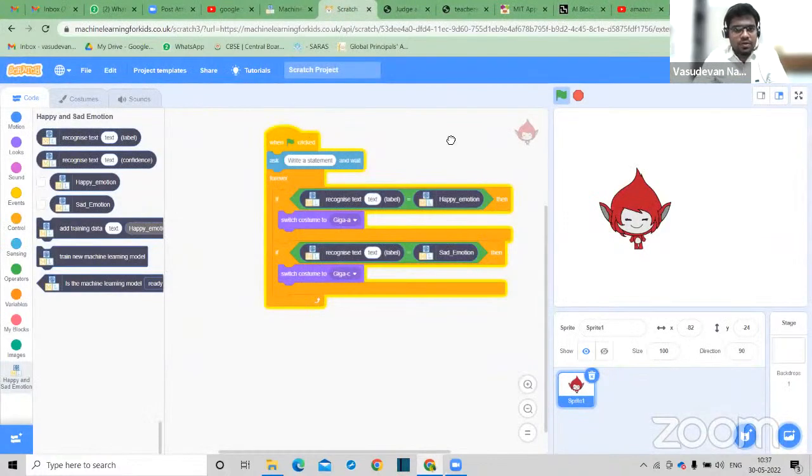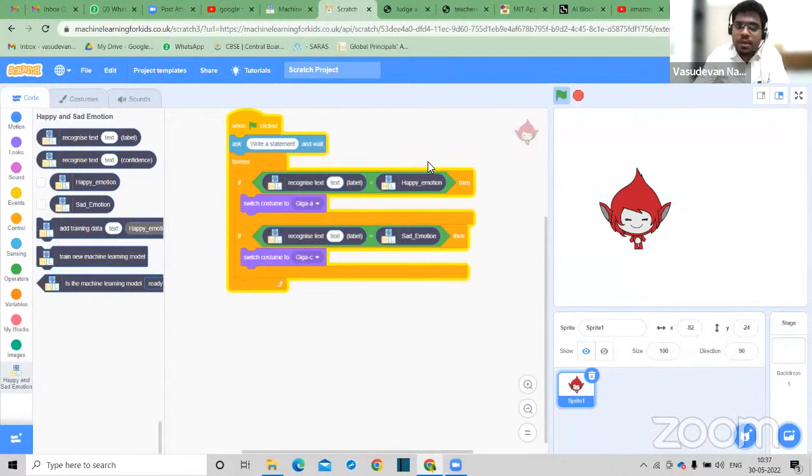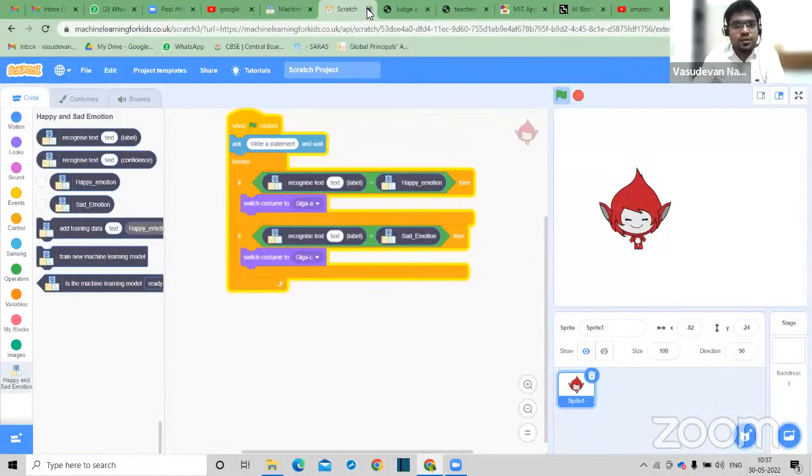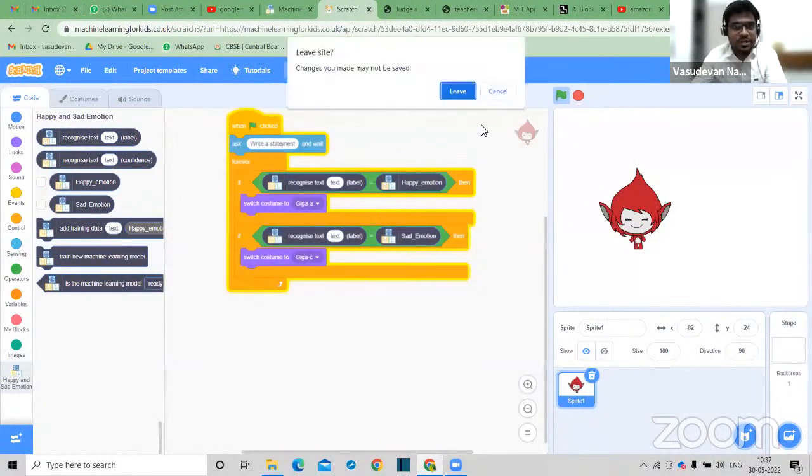Okay, I go over here. Write a statement. Okay, write a statement. No. This isn't working, students. I'm really sorry. I think in the machine learning model, something is wrong. I have to work on this once more. If I work on this once more, probably things will work. I don't know. We will try this again right now.